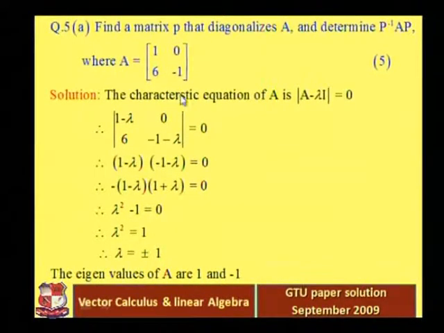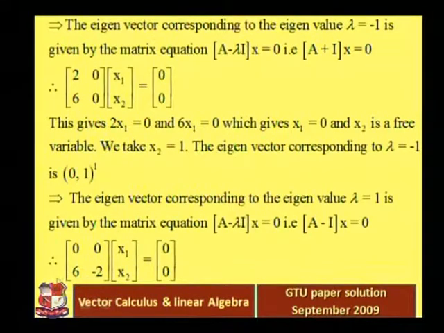So 1 0 6 minus 1 minus 1 0 0 1, the first row becomes 0 0, and then 6 minus 2. So here is the matrix 0 0 6 minus 2 into x1 x2,